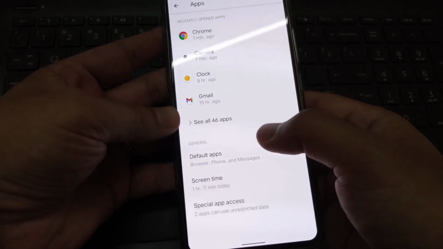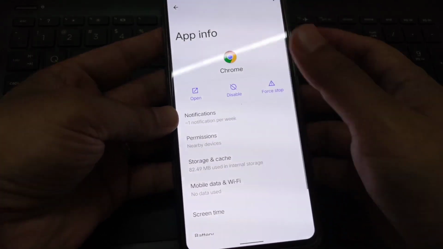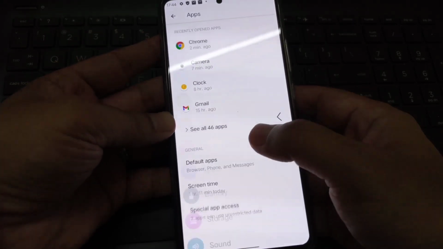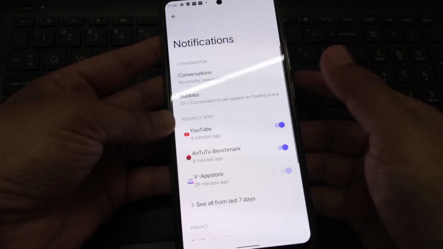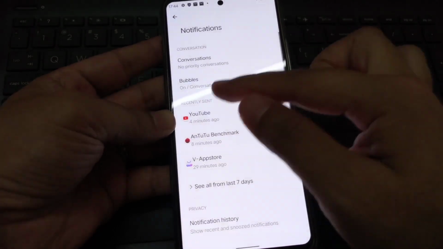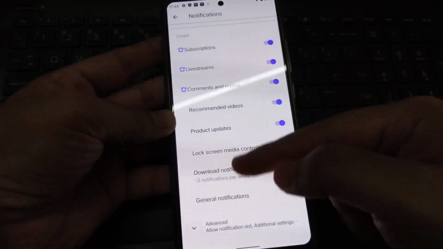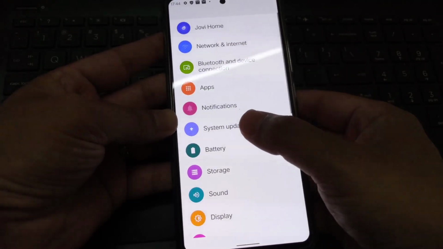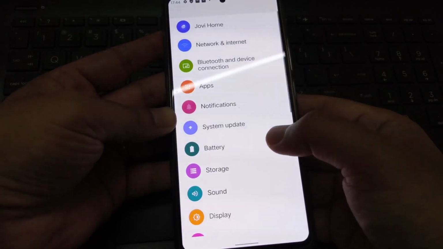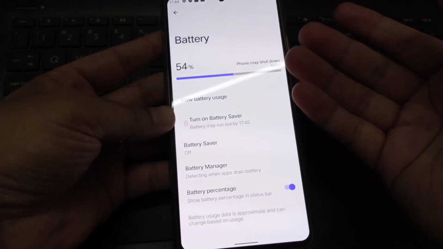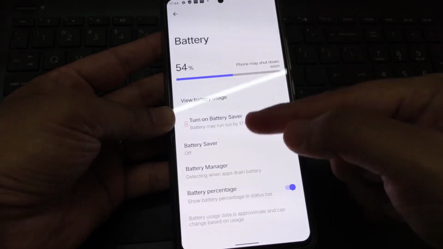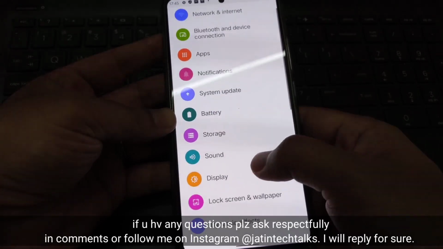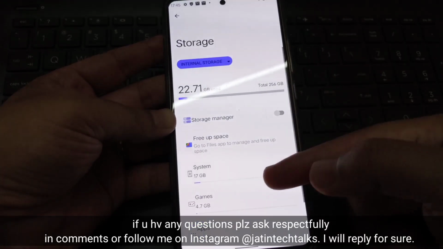Apps, you can see everything is listed like this. If you see Chrome, I think this interface is very similar to the current one as of now. Notifications, yes, there are so many options which you can now use, you can see the updated notifications here. And system update is just like the normal one, there is no big change. Battery wise, you can see these are the things, but I do not feel battery information is working perfectly fine, but still. Storage, it is showing like this.